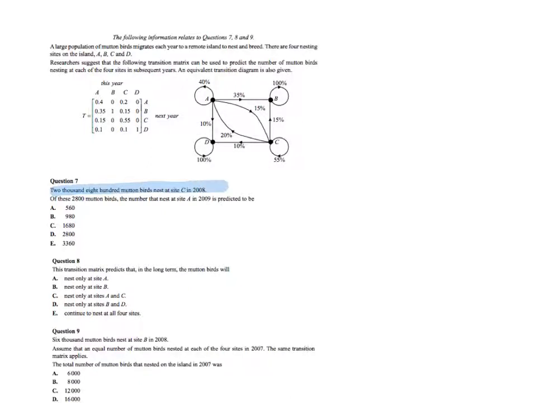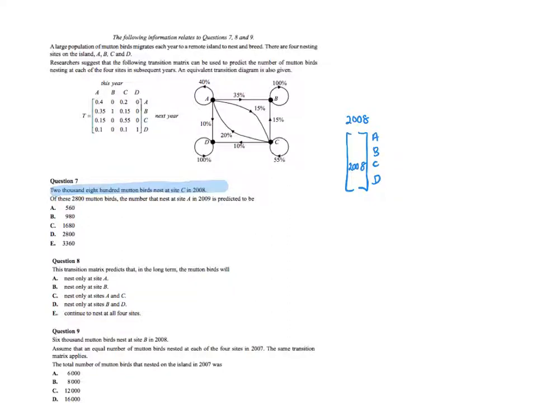All right, so we've got this. So really, what we're saying, we know in the year 2008, we'd have A, B, C, and D. They've just told me there's 2,800 at site C. So I'm going to say 2008. I know that. Okay, of these mutton birds, the number that nests in site A in 2009 is predicted to be. So of these 2,800,